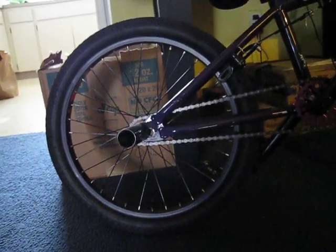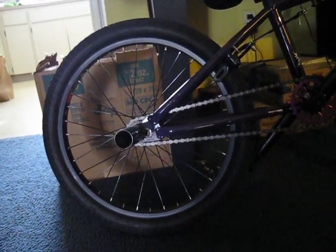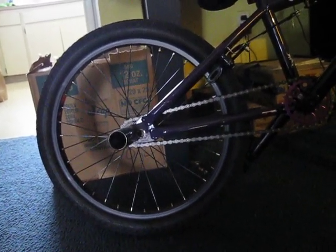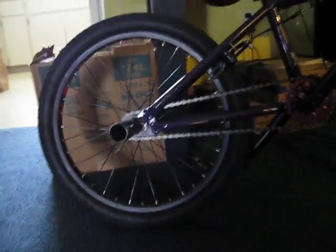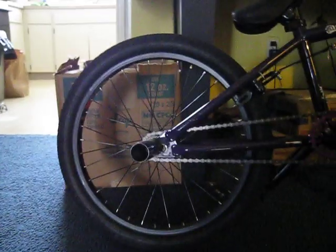And so this is my back wheel. It's a DK stock and DK stock pegs. Right now I'm waiting for my Odyssey Hazard light back wheel. It comes with it's 20-inch, but it comes with a back